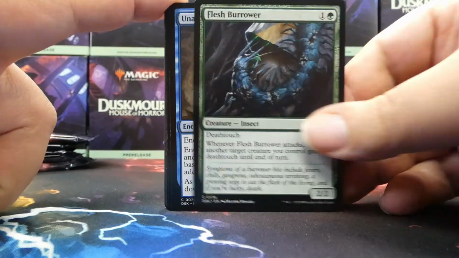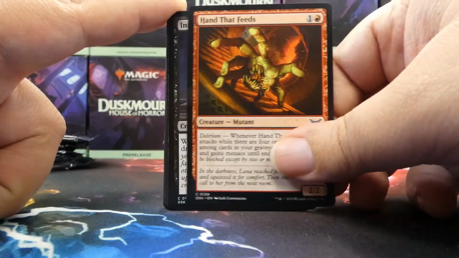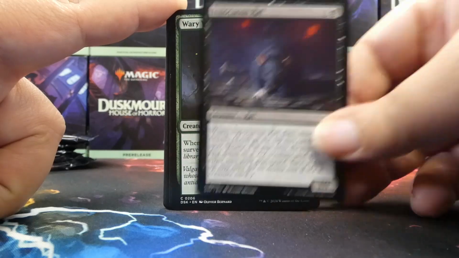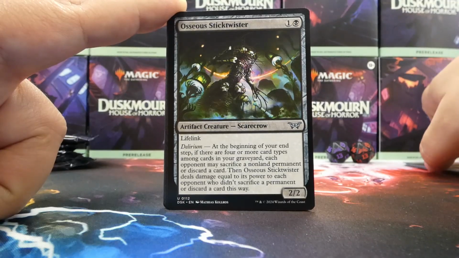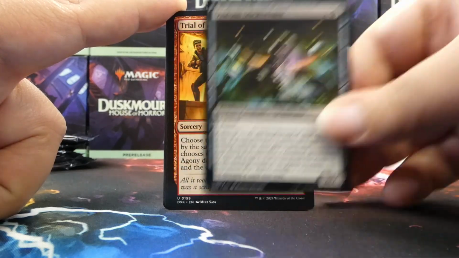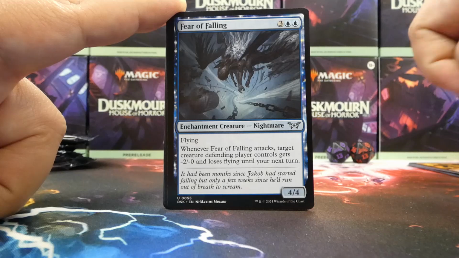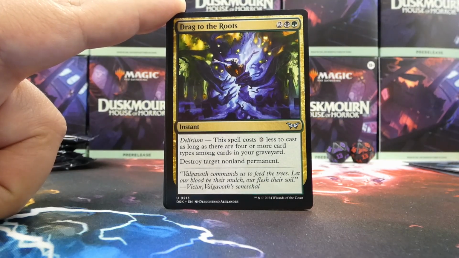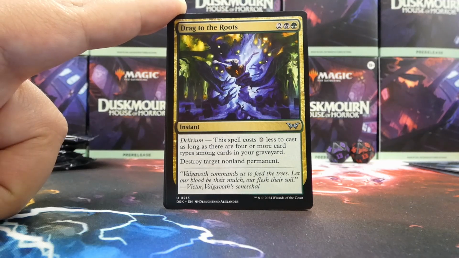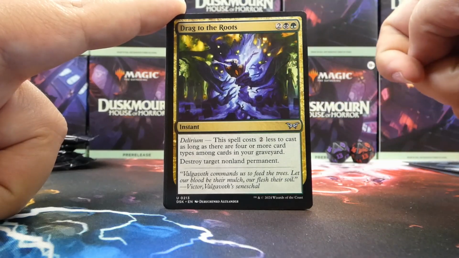Speaking of which, it's a Flesh Burrower. Unable to Scream. Fear of Immobility. Hand That Feeds. A lot of unique cards so far. Innocuous Rat. Wary Watchdog. Clockwork Percussionist. Osseous Stick Twister is our first uncommon. Trial of Agony is the second. That's a cool one. And Fear of Falling is the third, which means our next card is a Drag to the Roots uncommon. Notably part green, but we'll keep looking. I'm not going to declare that early what we're likely to be in. Although this is obviously a very good card. Our rare or mythic, though, is...